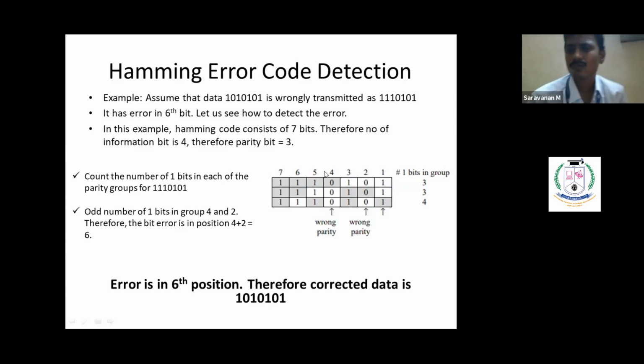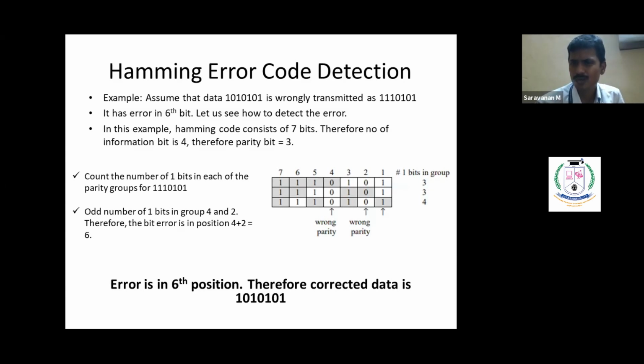For finding this value, we have to look at positions 5, 6, 7. Again, you can see the grouping, so out of the 7 bits, only these 4 are considered. For checking whether this data is correct or wrong, we consider positions 5, 6, 7. So how many ones are there? 3 ones are there, so you write the number of ones as 3.